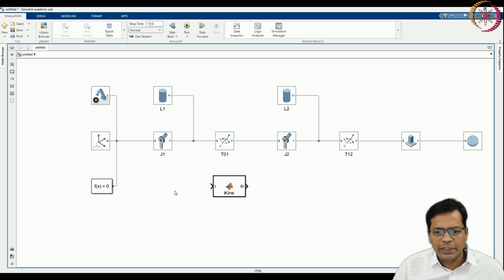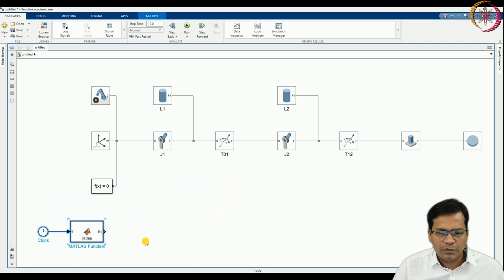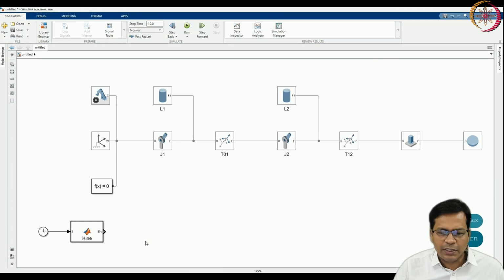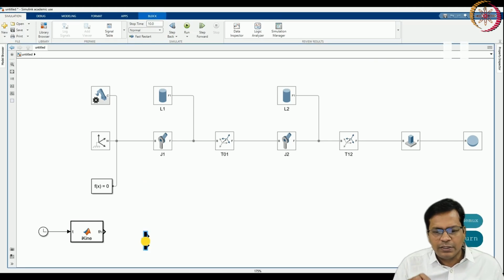So, time can be taken from the clock. This block takes the input from the clock block. Now, th I will just demux. Demux will separate out the two variables stored within the th variable.